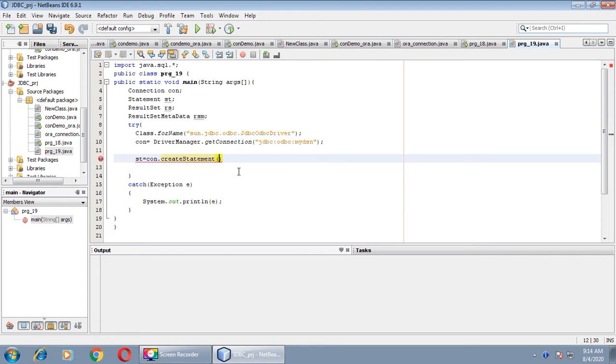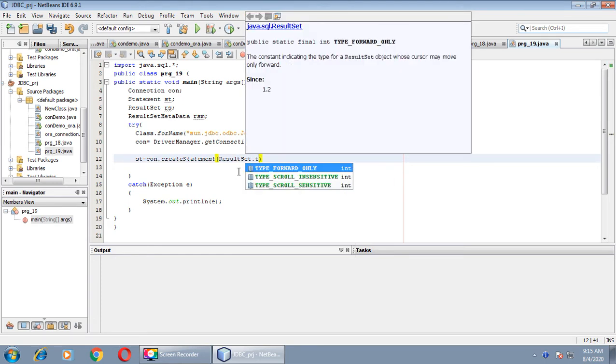With two parameters, createStatement with two parameters, that is ResultSet.TYPE_SCROLL_INSENSITIVE. The constant indicating the type for a result set object that is scrollable but generally not sensitive to change to the data that underlie the result set.